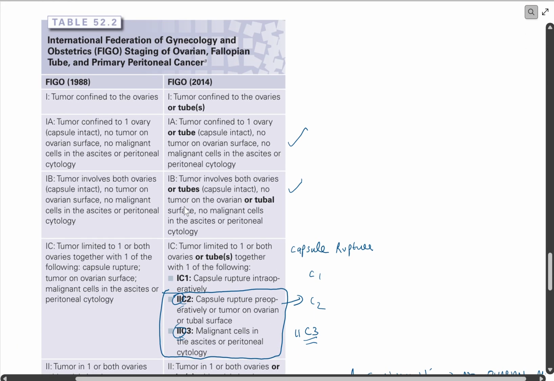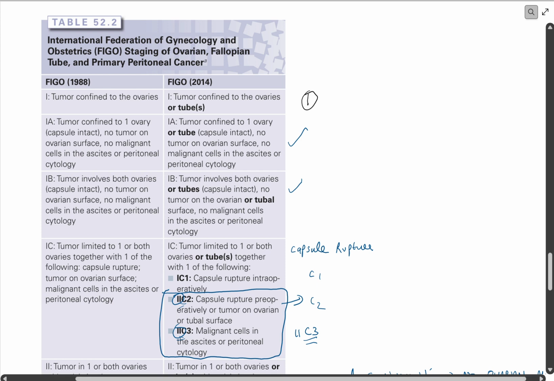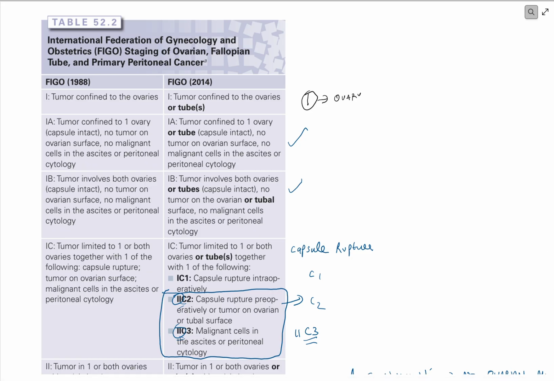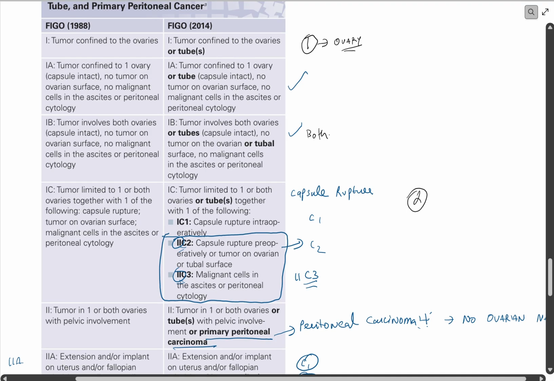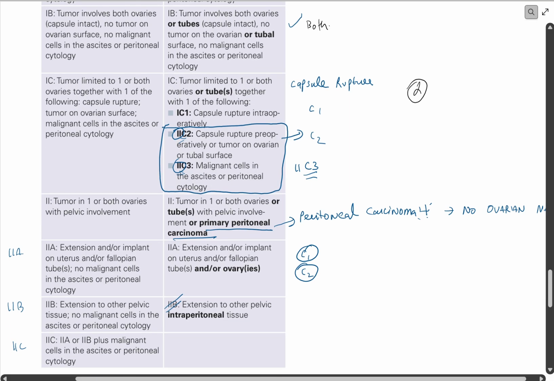It's very connected to operability. FIGO says if it is stage one, then it is only the ovary, and 1A is a single ovary, 1B is both ovaries, B for both. Stage two in FIGO will always have two organs involved. So which is the most likely organ along with the ovary? It would be the ovary or tubes,